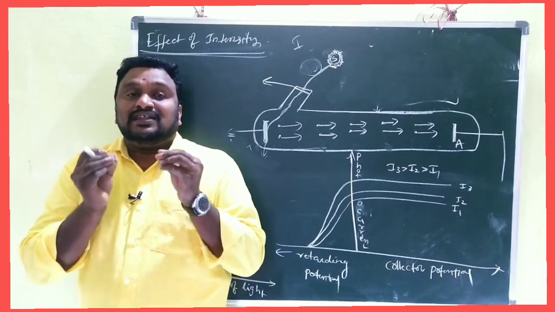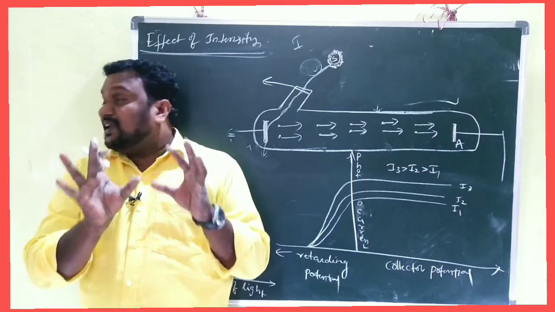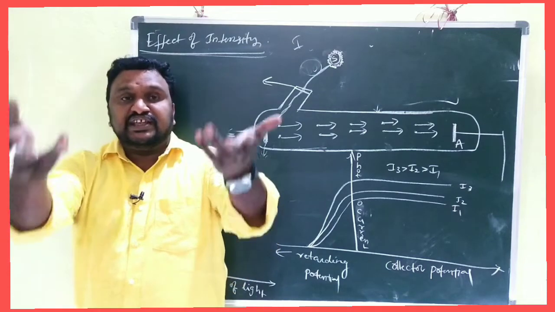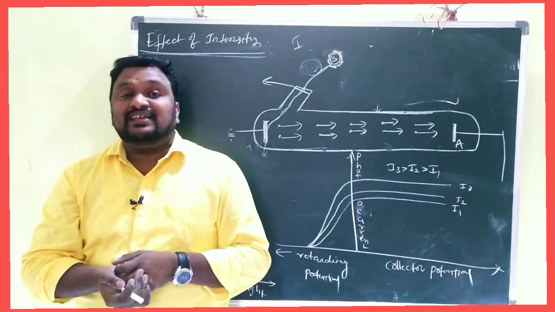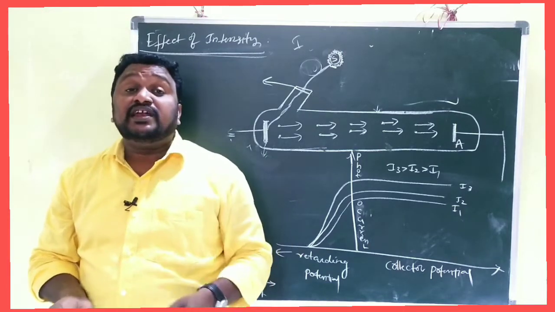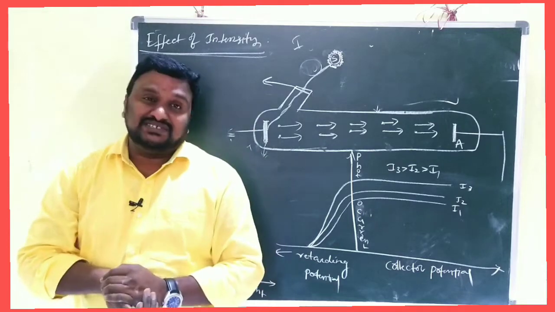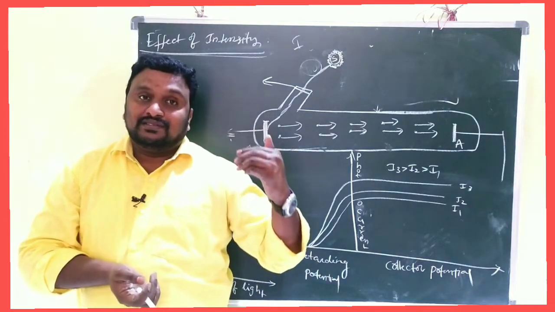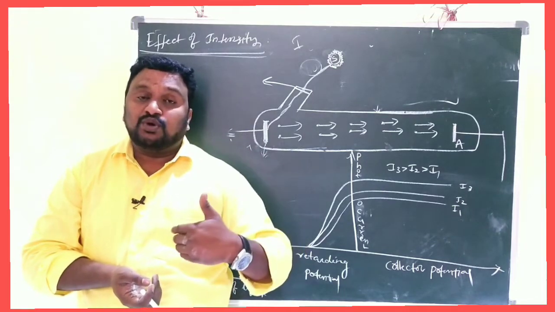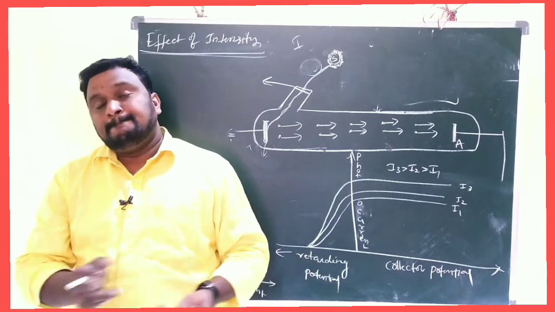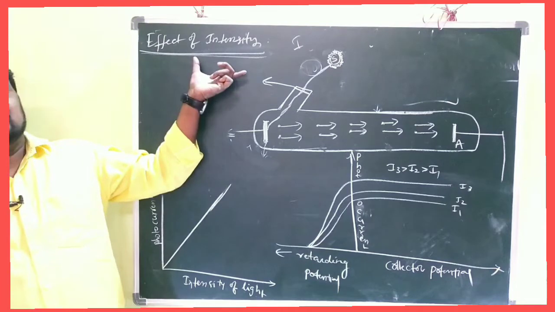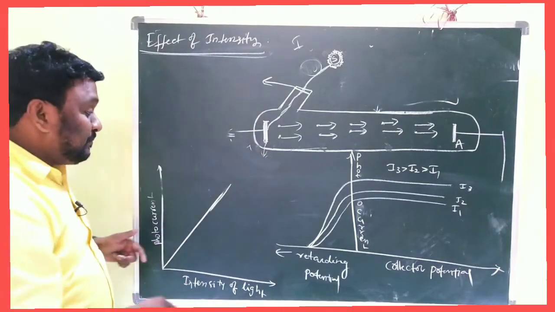So simply, there is some proportionality between the intensity of light and photoelectric current. When intensity increases, photoelectric current also increases. That can be clearly observed in an experiment by observing the readings of current in the ammeter. When the intensity of light is less, the ammeter will show less reading. When the intensity is more, it will show the maximum reading. That's why the effect of intensity on photoelectric current is directly proportional.